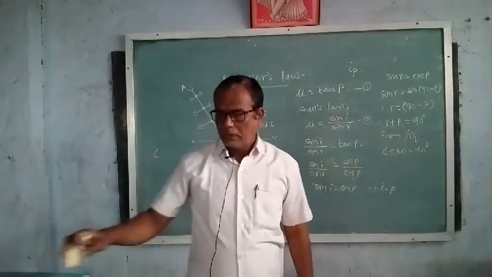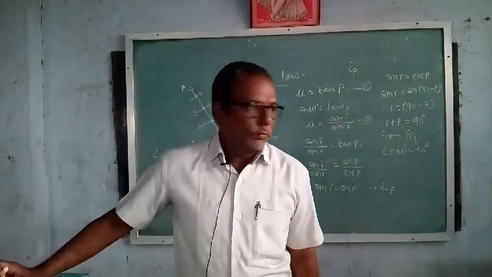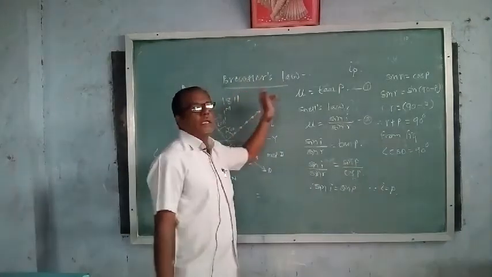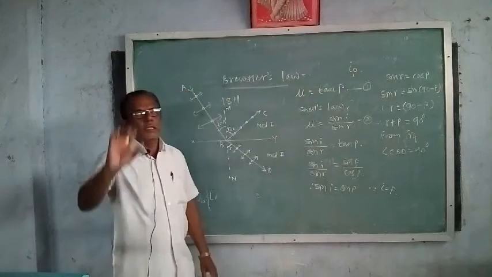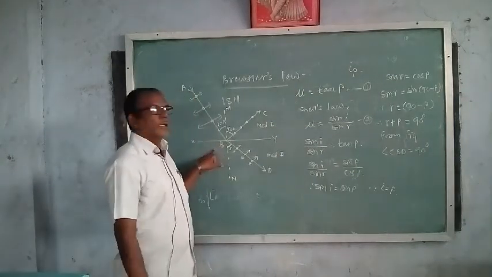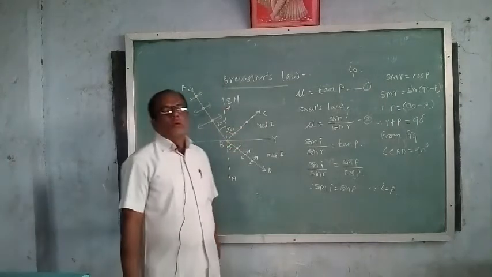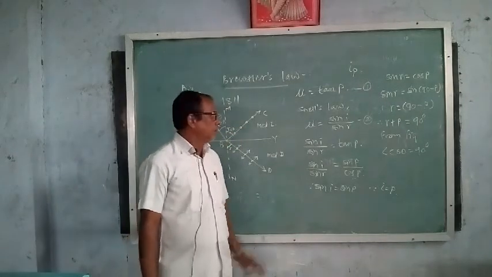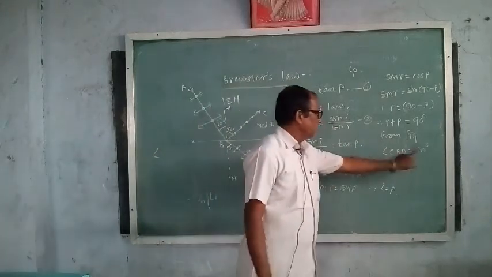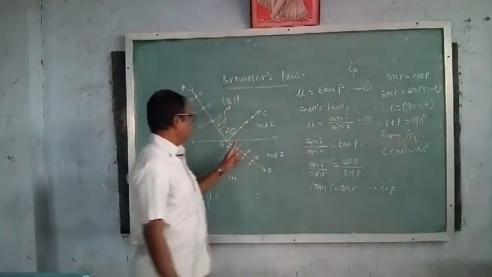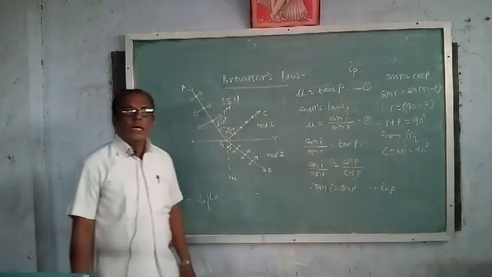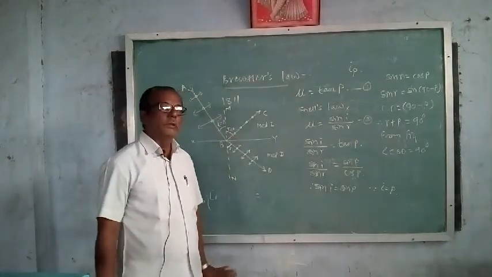So once again, there are two types of questions on this article. First is simply state and explain Brewster's law. At that time you have to write first the statement, then draw this figure, explain what is polarizing angle, and then by using the geometry we can prove angle CBD is equal to 90 degrees, which means that reflected ray and refracted ray are perpendicular to each other.